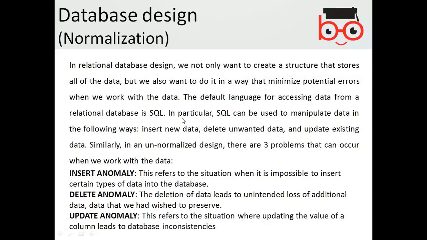This refers to the situation when it is impossible to insert a certain type of data into the database. Delete anomaly: the deletion of data leads to unintended loss of additional data that we wish to preserve. Update anomaly: this refers to the situation when updating the value of a column leads to database inconsistencies.